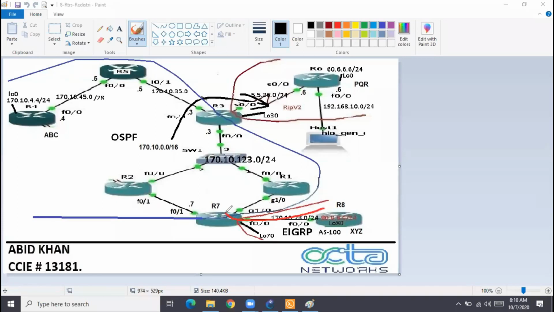What is the default behavior? By default only networks will be redistributed. Then we attached the subnets option. So once we attach subnets, network as well as subnets, everything will get redistributed. Then metric I did not specify. The default metric is 20. So now R7 is sending the routes to its neighbors. Who are the immediate neighbors? R1 and R2 as per this diagram, right?